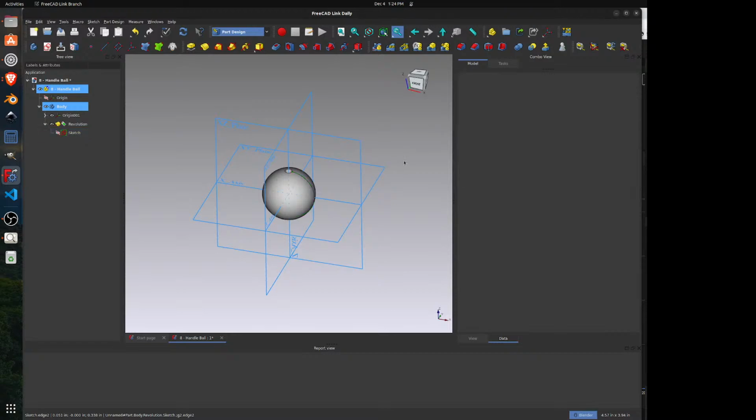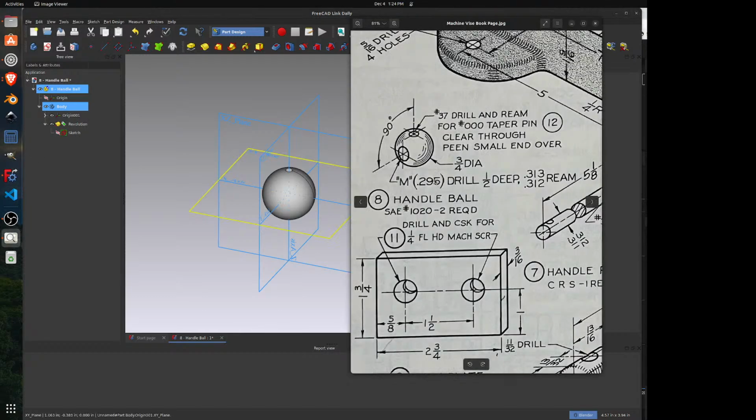So there's that. The next thing is this drilled hole over here on the end. And there's a couple different ways you could do this. One way would be to do a revolved cut. Or I could also use the hole feature. But I think in this case, it might actually be easier to just do a revolved cut